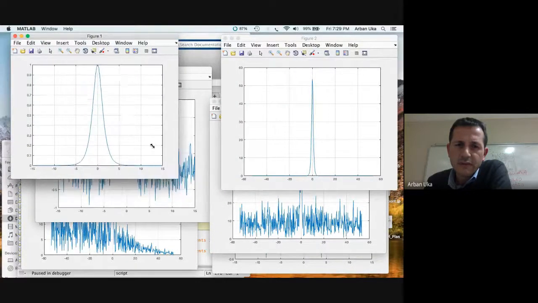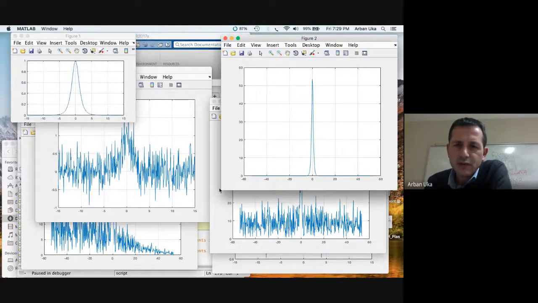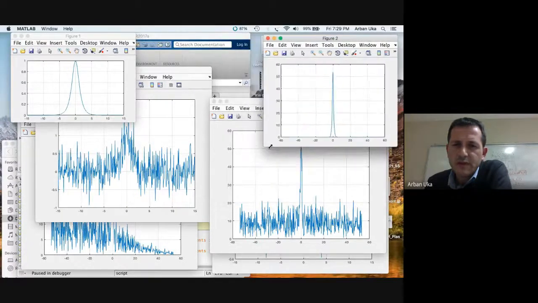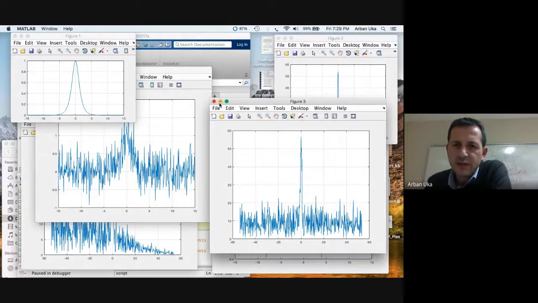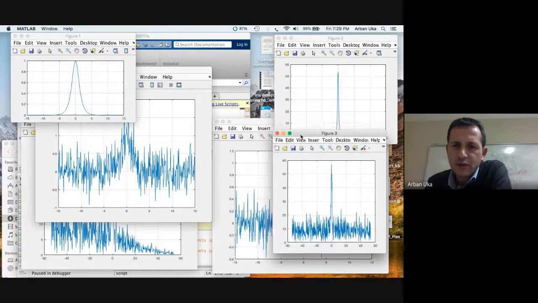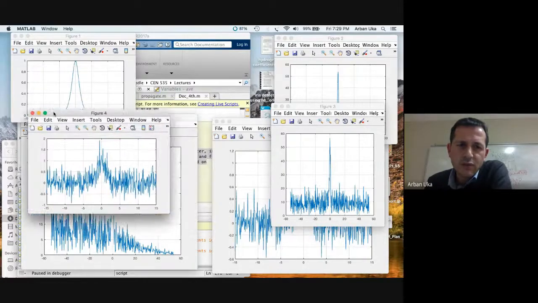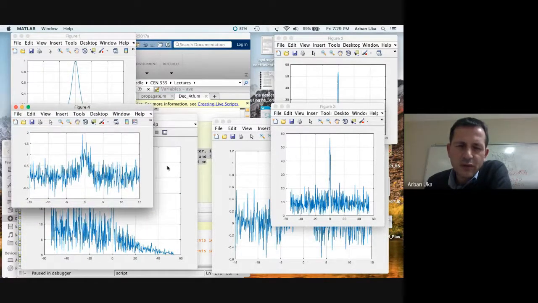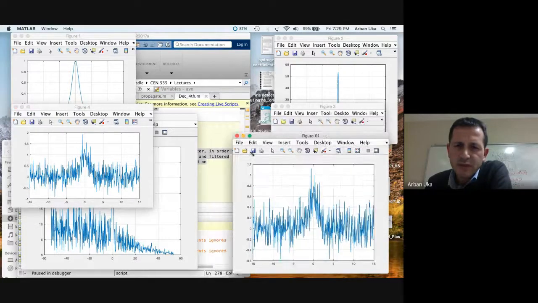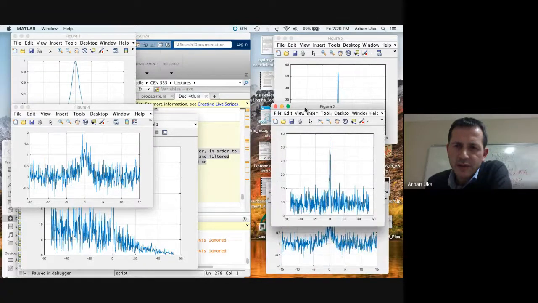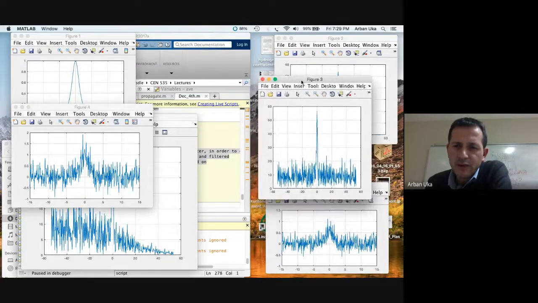Then this was the Fourier transform of this, the domain is from minus 50 to plus 50. Figure 3 is when we added the noise. Figure 4 is where we removed the noise, and we didn't remove the noise, we just came back. And here, we multiply this figure 3 with a filter which was centered